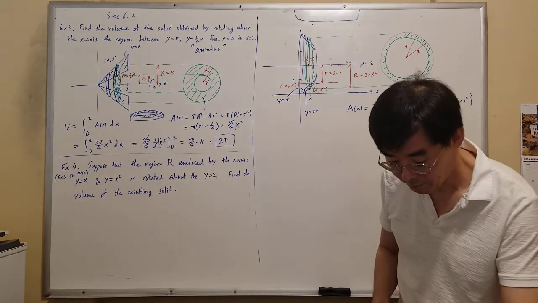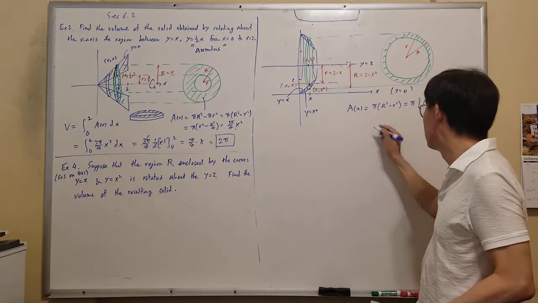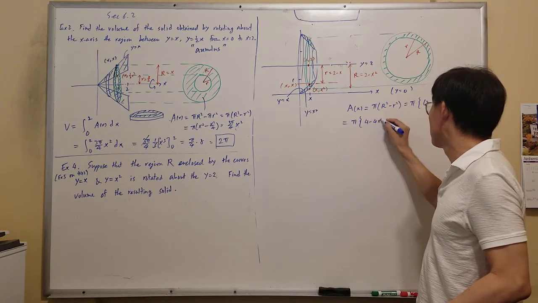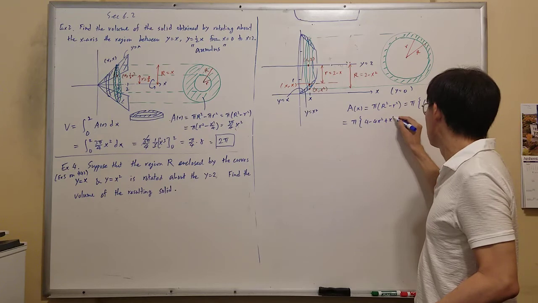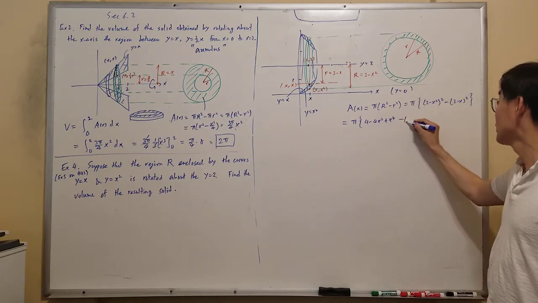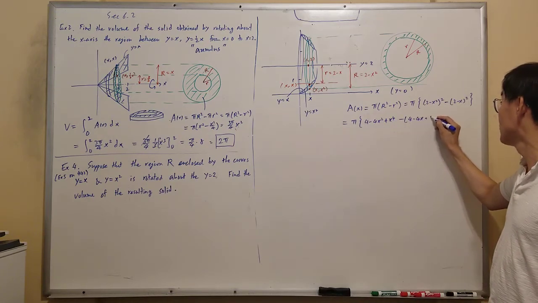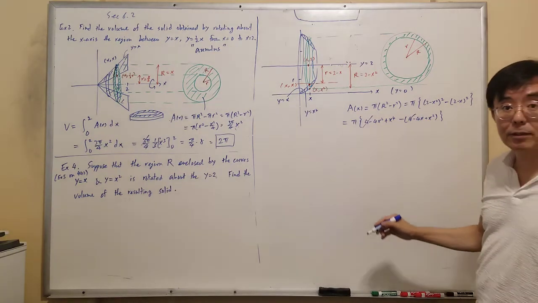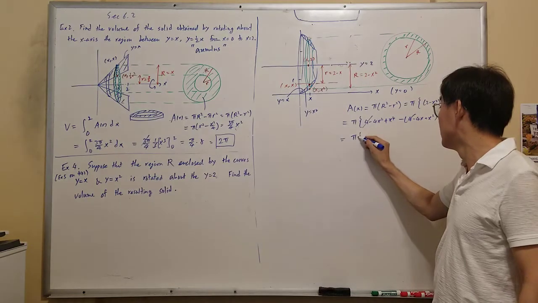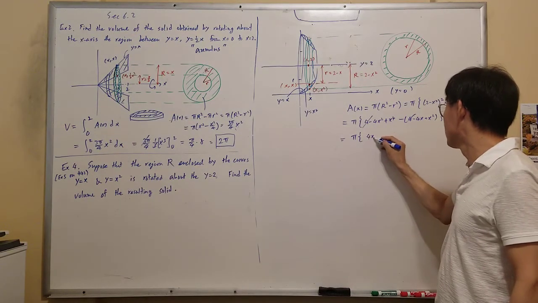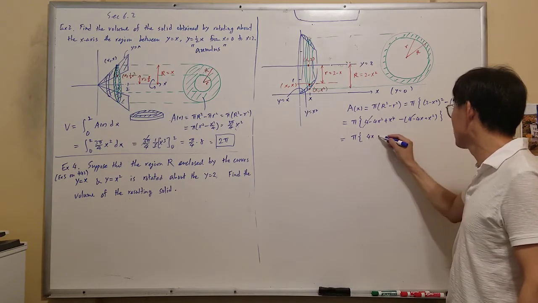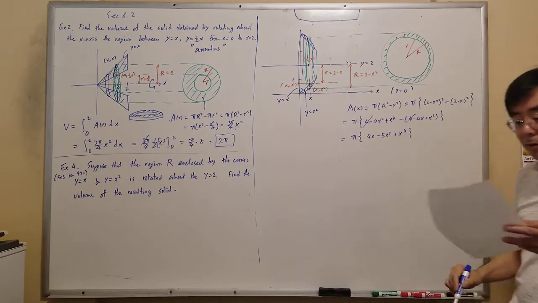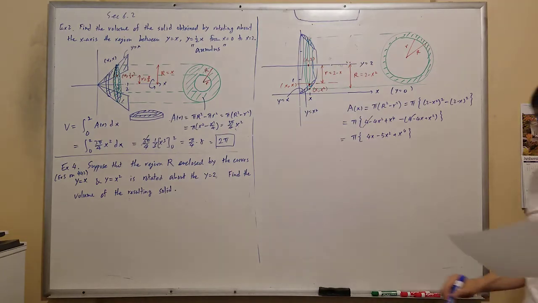Okay? So you might want to distribute: 4 minus 4x squared plus x to the fourth, minus 4 minus 4x plus x squared. That is, 4 and negative 4 cancel. Plus 4x, minus 4x squared, minus x squared, so minus 5x squared plus x to the fourth. Okay? Therefore,